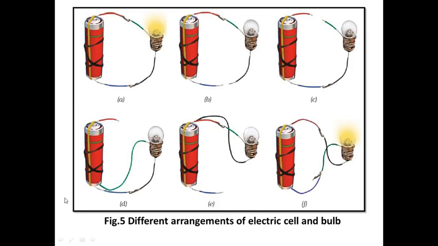Same happens with C, same happens with D. Both the wires we attach to the negative terminals. That is also wrong. Here we attach both the wires to the positive terminal. It is also wrong. See, in the remote we have observed that in the remote also plus and minus signs are there. In the cell also plus and minus signs are there. Are we putting the electric cell plus to plus or minus to minus? No, we are doing the opposite. If the plus sign is there in the remote, we put the negative side, meaning plus minus, minus plus, like that we are doing the arrangement.